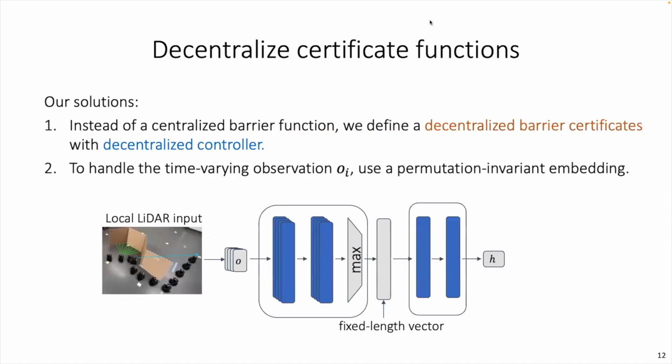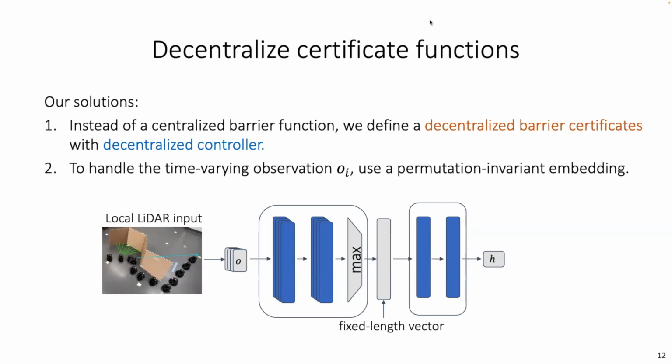And luckily, it's not that difficult to encode the time varying observation. What we did was just to use a permutation invariant embedding. This seems pretty common these days. I have seen many people doing this, but back to like 3 years ago, when we started to work on this, this embedding was not a very popular thing in robotics. Now it's becoming more and more popular. Basically, there are many different ways of embedding a changing input into a fixed length input. What we used was just the